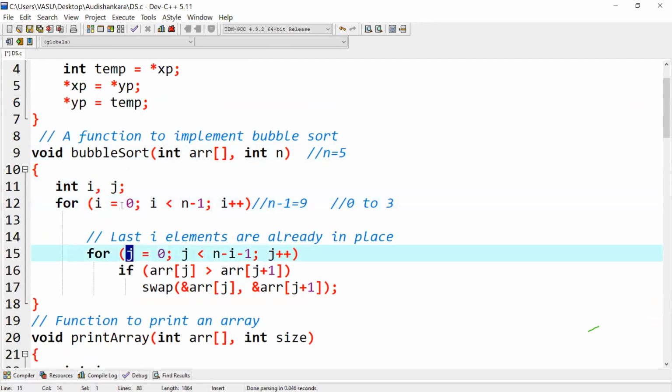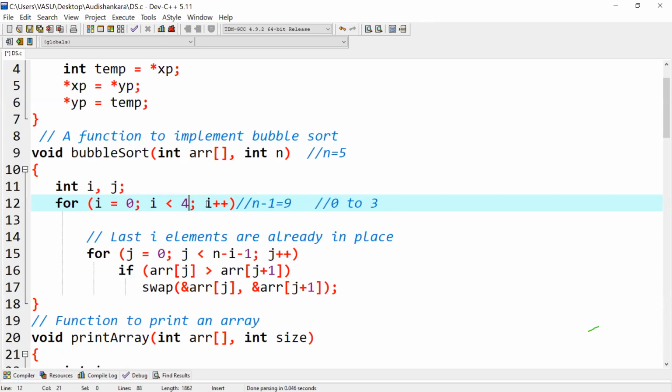And we have seen how we can give the range to this i and j. I have written that i will go from 0 to n minus 1. Now, n is 5, and 5 minus 1 is nothing but 4. If I write 4 here, for how many values will i go?